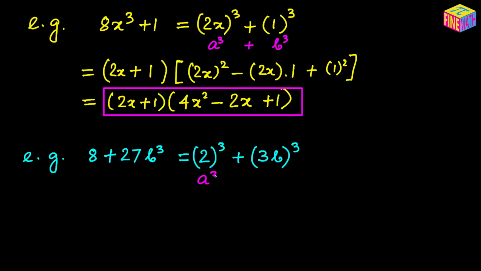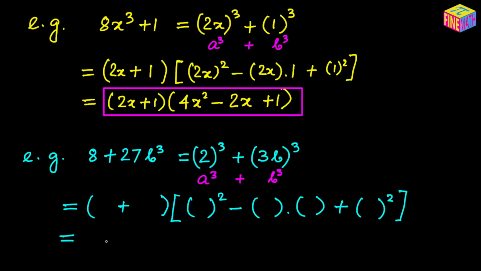If we assume that this is a cubed, meaning a being 2, plus 3 times b, if we assume that 3 times b is actually b, so this is like a cubed plus b cubed. So now this can be easily converted into the factor form. The factors would be a plus b times a squared minus ab plus b squared, and that will be equal to, what is